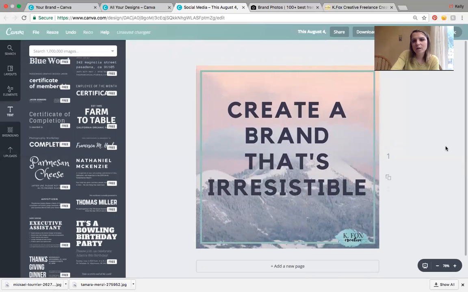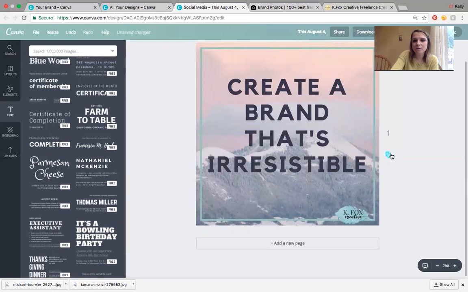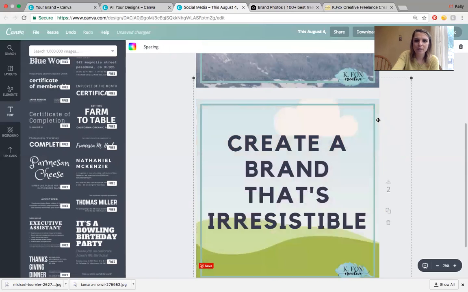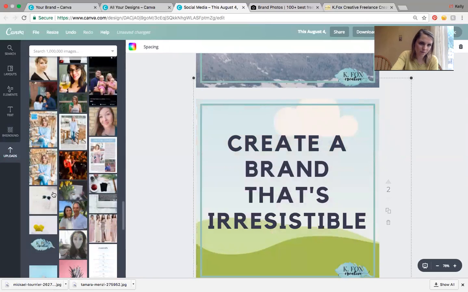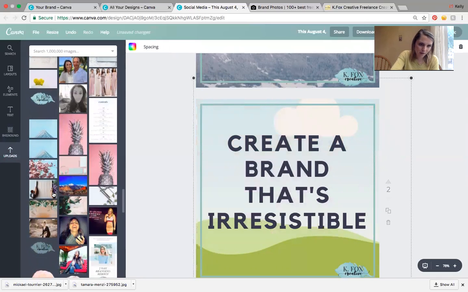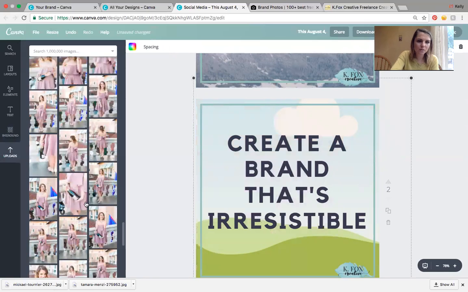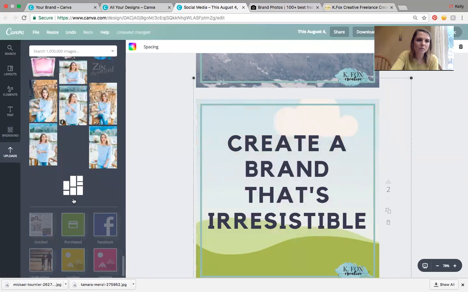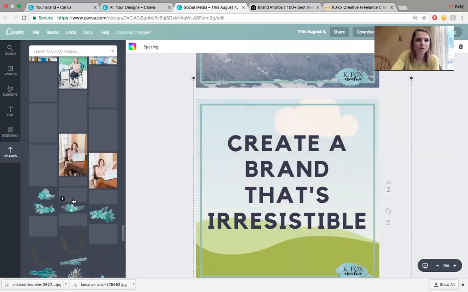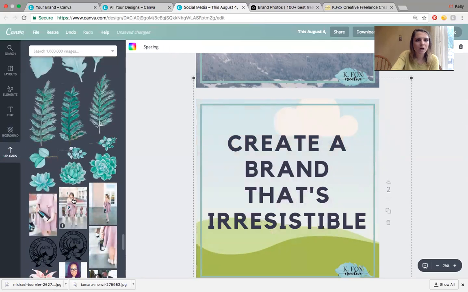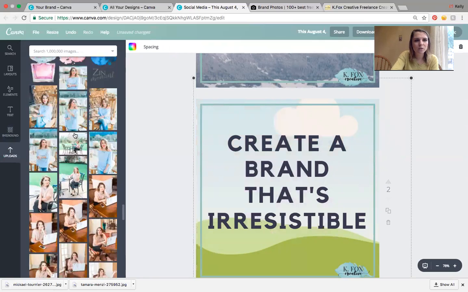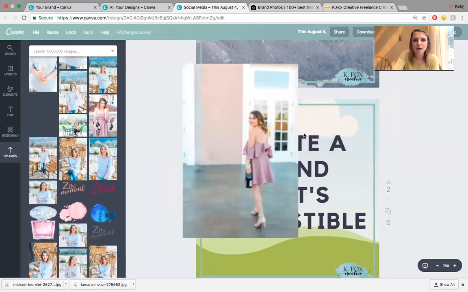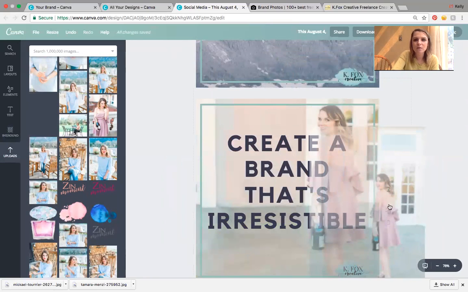Every time I want to create a new image, all I have to do is copy this. And then I can take out the background. Say I want to use a different background. And one thing that I should note about these fonts, which is really cool. Say I want to do one where I'm actually in the picture. One thing that I do want to note that's really cool about this program is that you can then go ahead